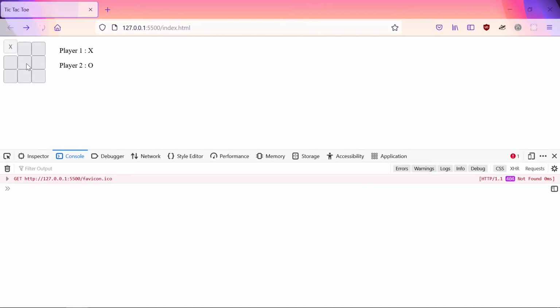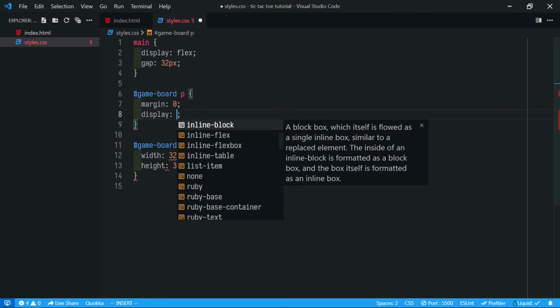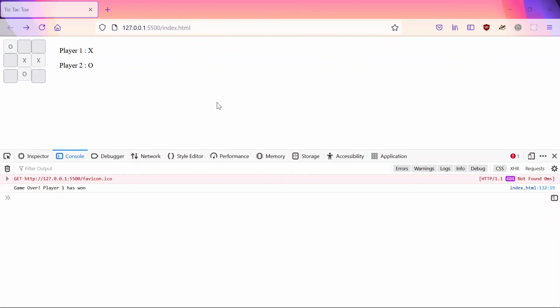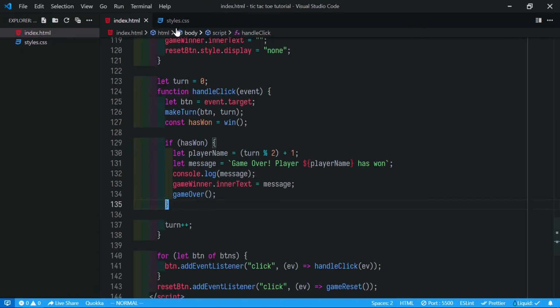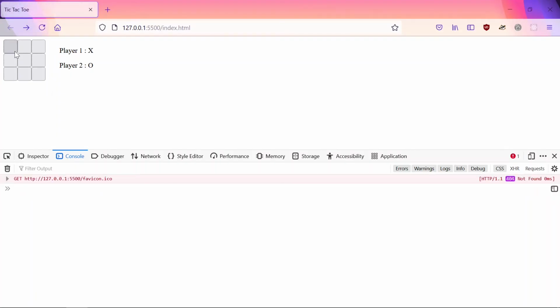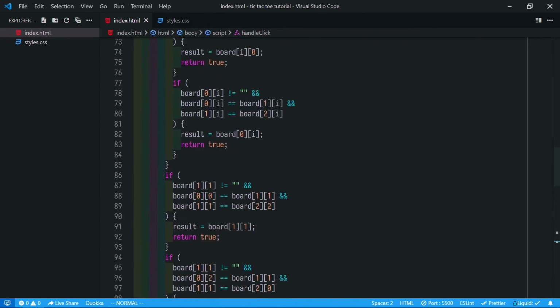And let's check our game. Now it's working, but there is some space here, here, here and here. So what we do is we make it display flex. What display flex does is put all the buttons in a single line. Okay, is there something?